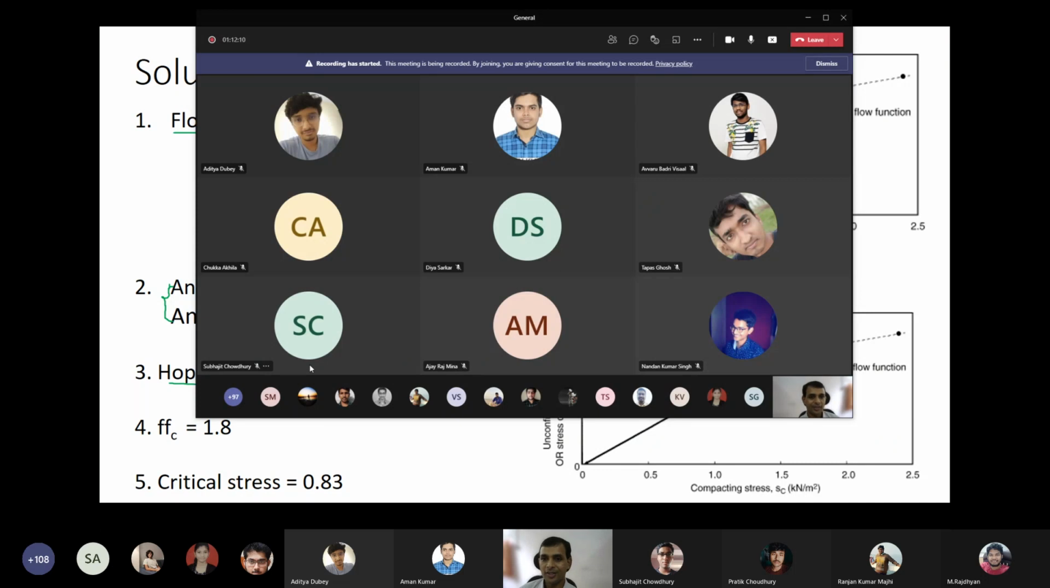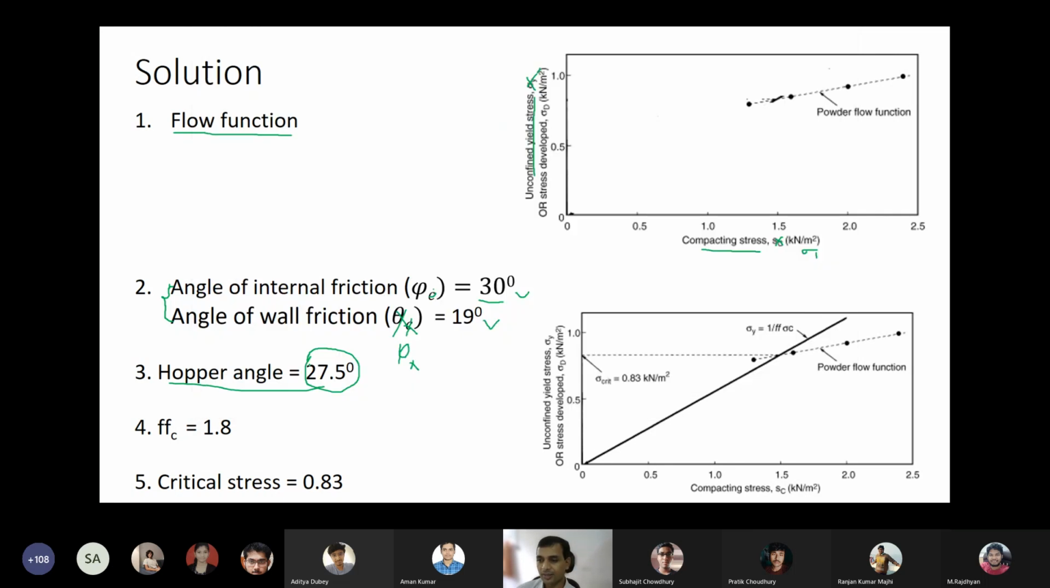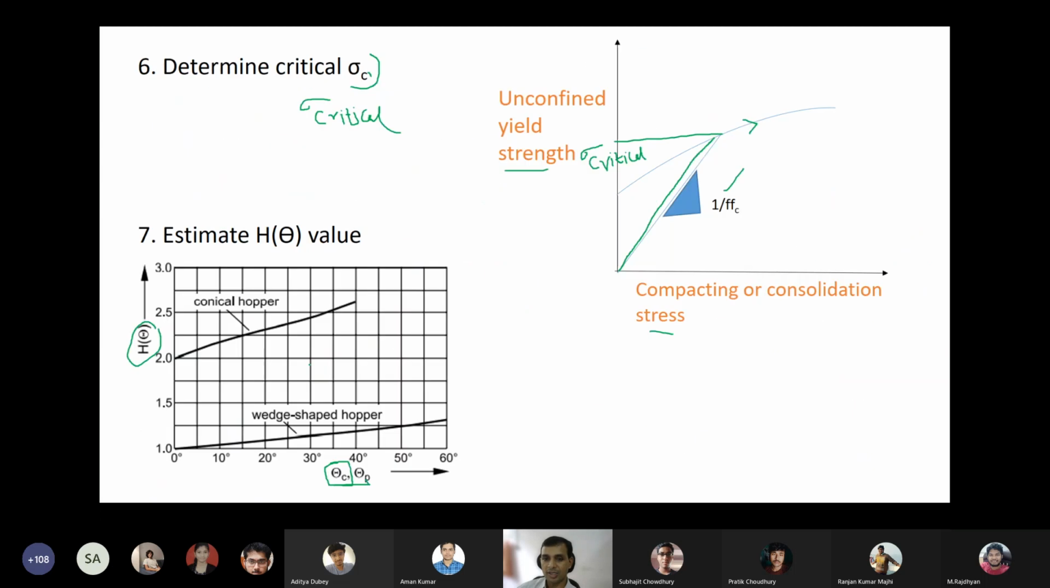Are you there? Or was the connection disrupted? Are the students able to hear my voice? Yes, sir. So how do we estimate? No idea from any students. How do you estimate the conical hopper angle from those two numbers, wall friction and internal friction? Oh, that means you are not able to understand what I'm explaining. So, as I explained before,